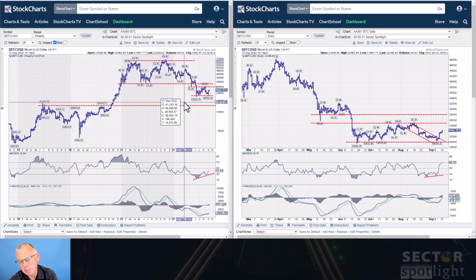So in terms of US dollars, the upside potential is still pretty big. But in the bigger scheme of things, the upside potential for Bitcoin is very, very limited. At first to 25K and then to 28K. And only when we are able to get back above 28, preferably 30K in Bitcoin US dollar, I'd be very, very cautious with really long-term long positions in Bitcoin, because the ease of movement right now seems to be to the